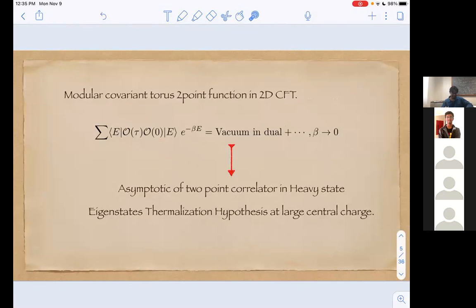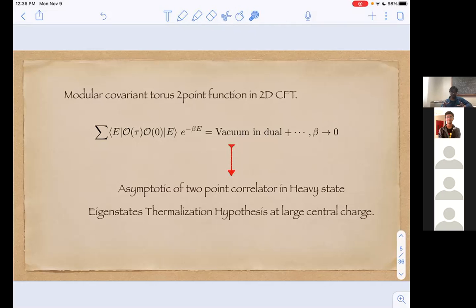So another example can be the modular covariant torus two-point function. The torus two-point function in 2D CFT again can be written down as some cylinder correlation function, which is E O tau O0 E, and then again we have a Boltzmann factor. Again, the idea is in the beta going to zero limit, this is dominated by the vacuum in the dual channel. And once I know the expression for the vacuum in the dual channel, I can do an inverse Laplace to get the asymptotics of this quantity, which is